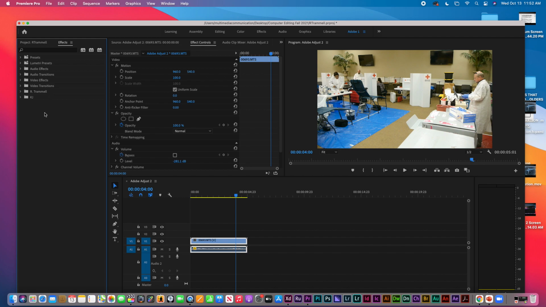I'm gonna go with the most common used effect. So I'm gonna go to Effects tab, then I'm gonna go to Video Effects, and I'm gonna go with Adjust. I say a lot of these, especially Proc Amp, are some of the most common used because